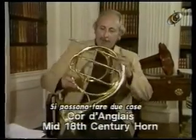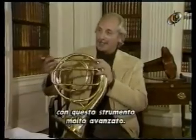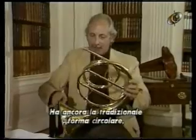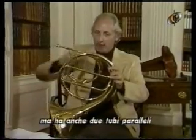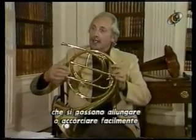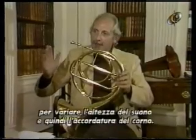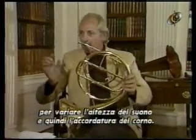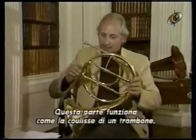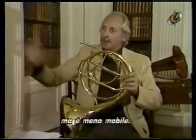There are two things we can do with this really great advanced instrument. You see, it's still wound in this traditional hoop fashion, but instead of it always being in a hoop, there are two parallel pieces of tubing here, and this is a tuning slide. It enables the player to change the length in a very small way to make it sharper or flatter, to put it in tune with the harpsichord or the organ that he's playing with. It works like a trombone slide, except this one is a very tight fit, and it doesn't move as smoothly as